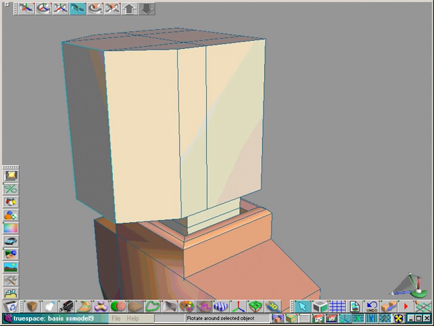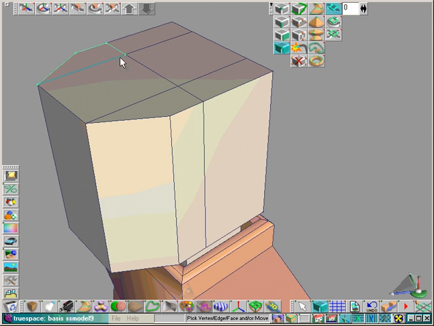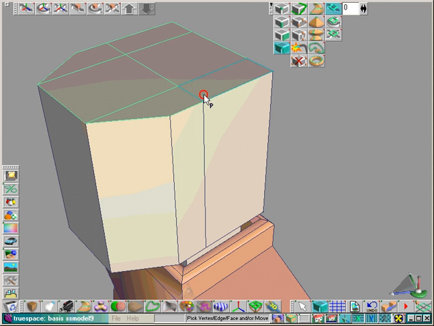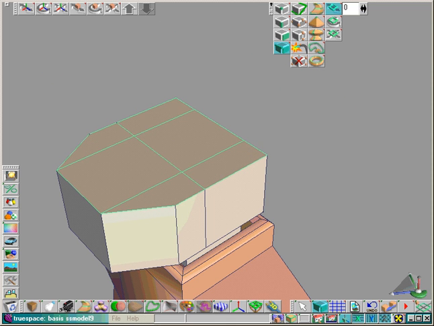You can see that it's going to be difficult to add any details to these areas because we've got no edges or geometry there. We can easily go back and add some. The simplest way to do this within subdivision editing is to select the top faces of the model, slide those down with the point move tool to where we need an added edge,